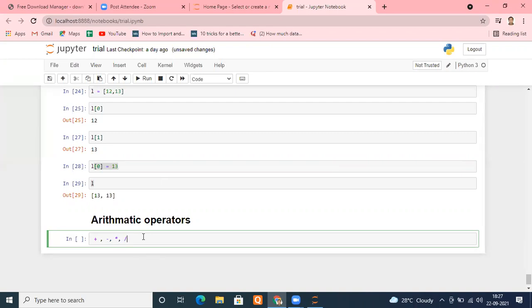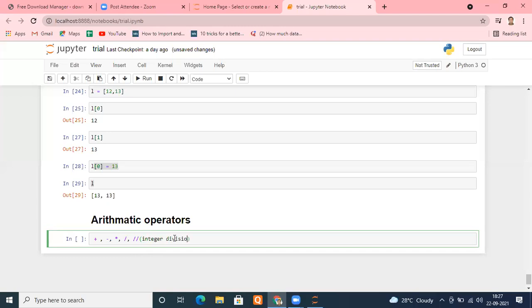Then your division, normal division. It will give you floating point numbers. For example, if I divide 6 by 5, it should give me 1.2. There is one more division in Python, which is known as integer division, and we denote it by two slashes. I'll teach you in a few minutes.